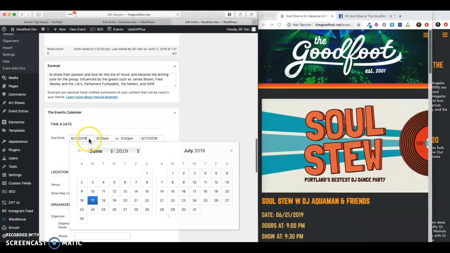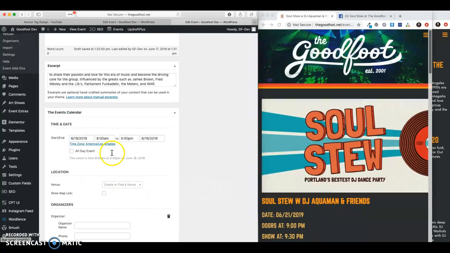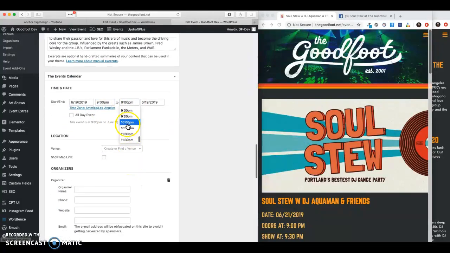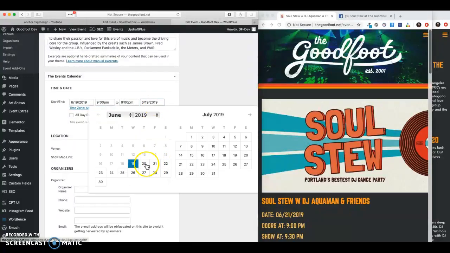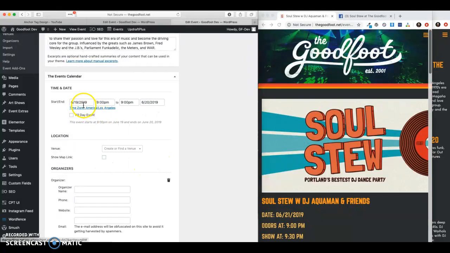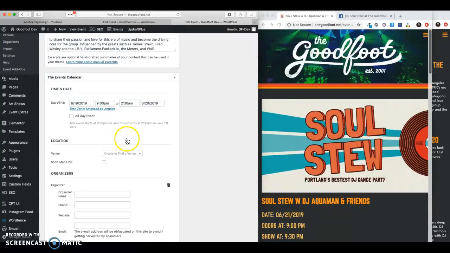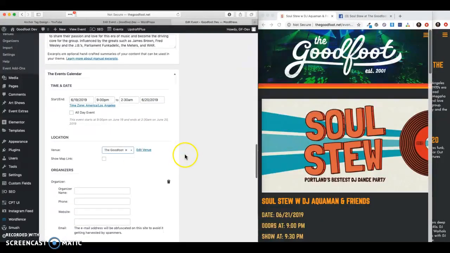Get down here, go ahead. We're going to drop in, hey, the 19th. We're going to call it 9 p.m., just to get people there early. We're going to end this thing at 2:30 a.m., and that's going to be on the 20th, so it's the next day. So we're starting at 9:30 at night. That guy abandoned us when we changed the day. Okay, but we're still on that day, so that's good.